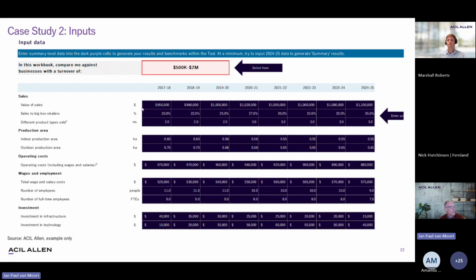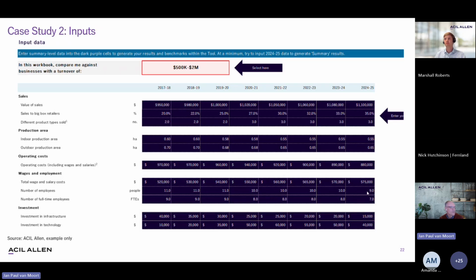In this case, we have a smaller business operating in the $500,000 to $2 million range, and just working down the column on the right-hand side, you can see it's running about the same at $1.1 million last year. It sells a third of its produce to big box retailers. It sells 3 different types of products. It's got 0.55 of a hectare of indoor and 0.65 of a hectare in outdoor production. Its operating costs are about $880,000 a year, $570,000 of wages,